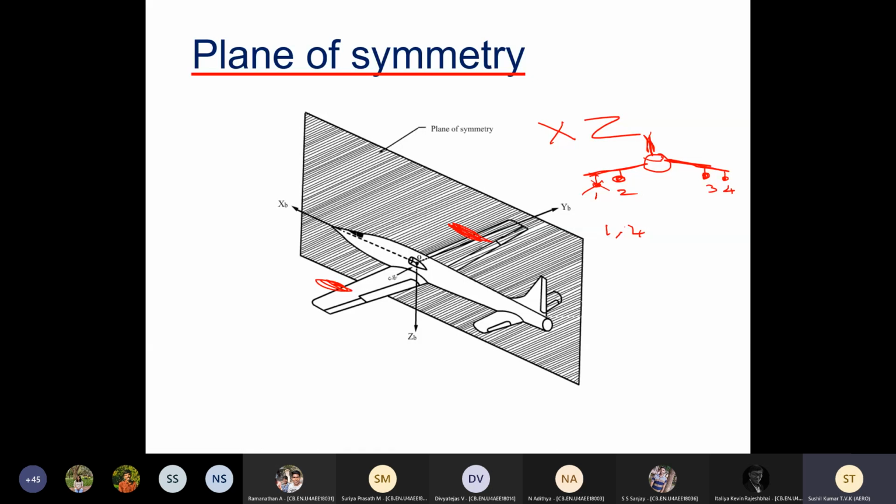Just for your information, all modern generation aircraft permit asymmetrical flying. Suppose you drop one and it's only 2, 3, 4. Still the aircraft, because of the active control technology, this sort of imbalance is taken care of. So there is no limitation that you have to fire in a particular sequence. And obviously, this thing is not valid for a quadcopter. It's not going to be symmetrical.